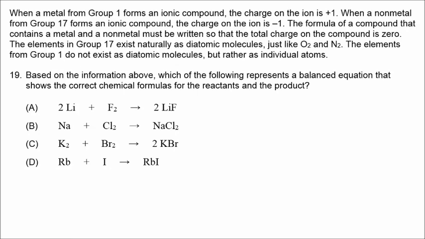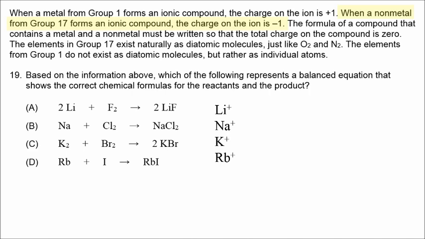In number 19, we are given the following information. We are told that if a metal from group 1, that would be column number 1 on the periodic table, forms an ionic compound, the charge is +1. So lithium, sodium, potassium, and rubidium are metals in group 1, and they have charges of +1 when they form compounds. It says that a nonmetal from group 17 is going to have a charge of -1 when it forms